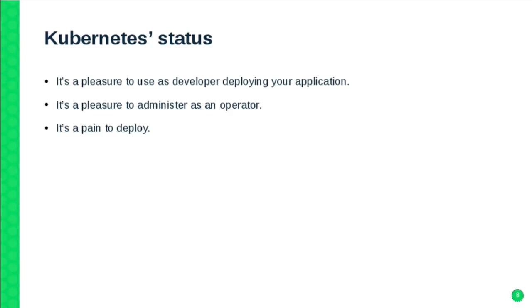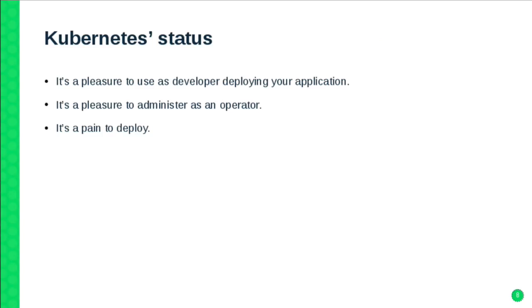For example, Google has a really good offering of Kubernetes. And a lot of people are scared about setting up Kubernetes. They are not scared about administering or using it. They are scared about the setup. And so they resort to a public cloud. But we want to change that.